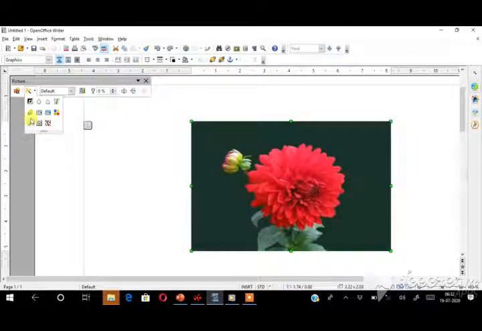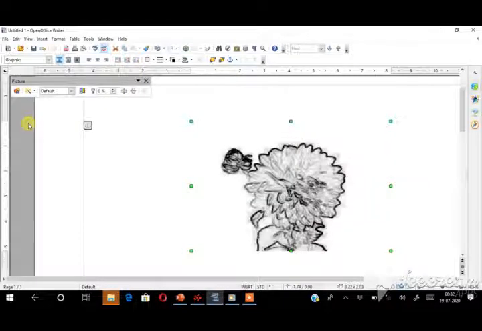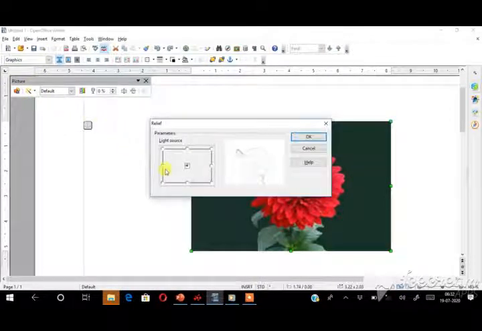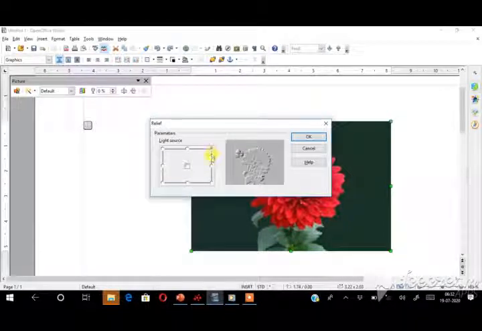And the next is the charcoal sketch. See this picture. And the next is the relief effect. It adjusts the light source. See here, how can you adjust this? See here, you can adjust the light source like this.